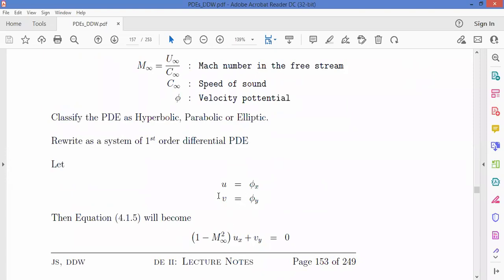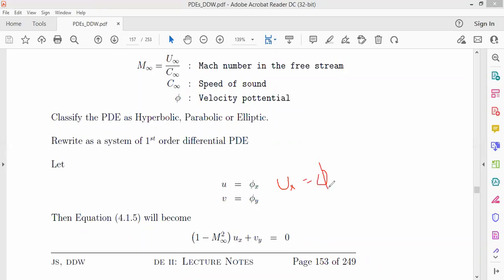How does that become? Because we know that if you differentiate this one with respect to x, it is evidently clear here. If you let this be that and that, then it means ux, that is differentiating the left with respect to x partially. Then this one will simply give you phi xx. And here you have v. If you take vx, rather vy, you differentiate the left with respect to y. On the right, you'll get phi